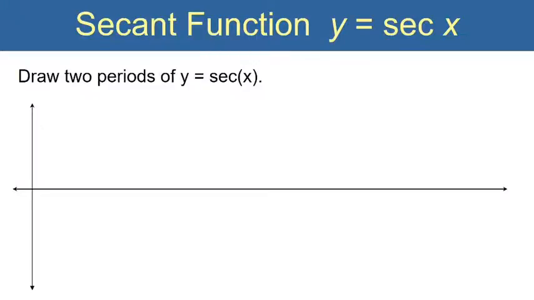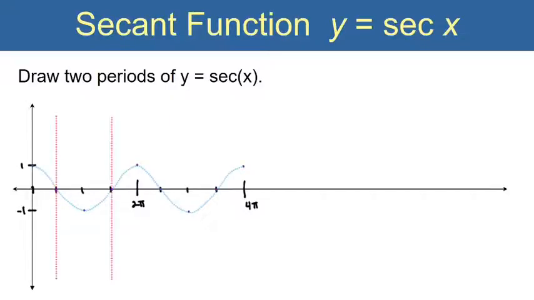Okay, let's practice drawing a couple of periods of the secant function. So first we're going to draw our cosine function as a guide, and so I've laid out my horizontal axis and my vertical axis, and I know the pattern for cosine is high, middle, low, middle, high. There's my cosine function. The asymptotes are going to appear wherever the guide graph has x-intercepts, and then just use